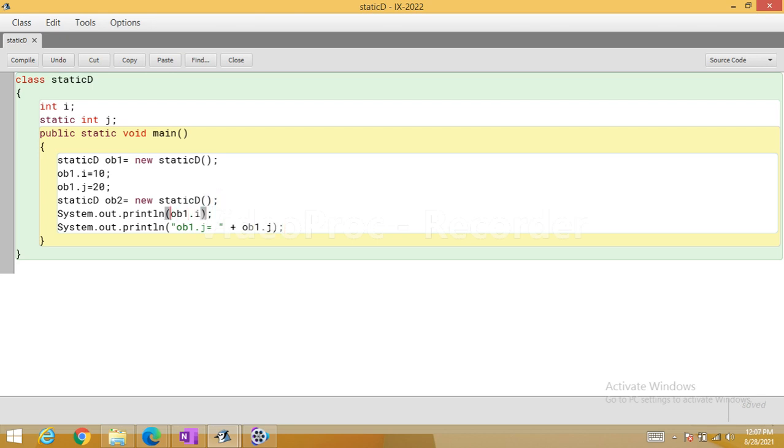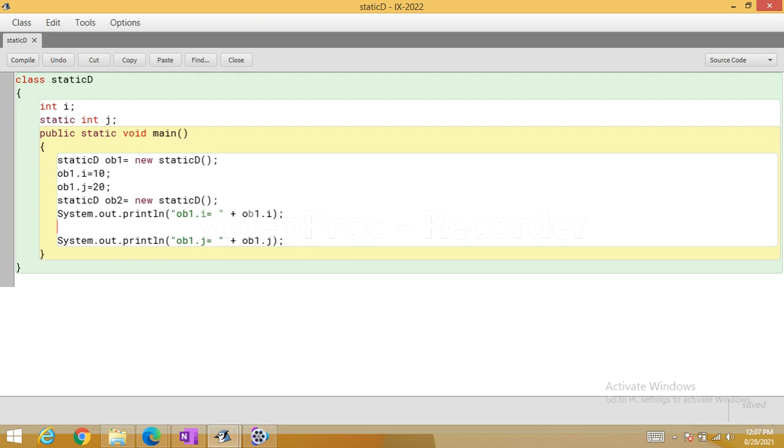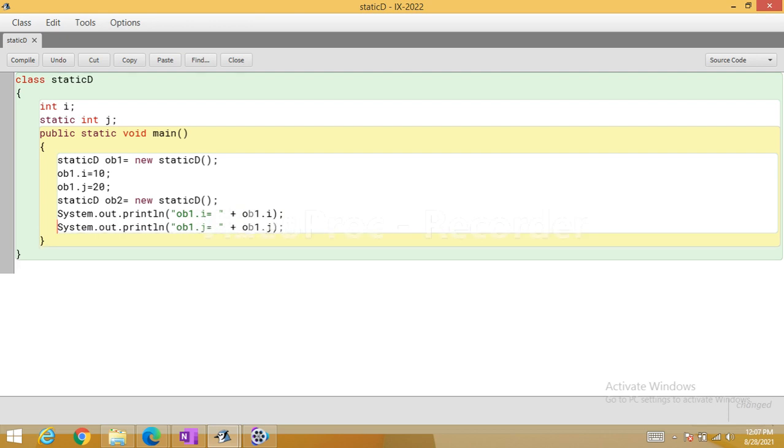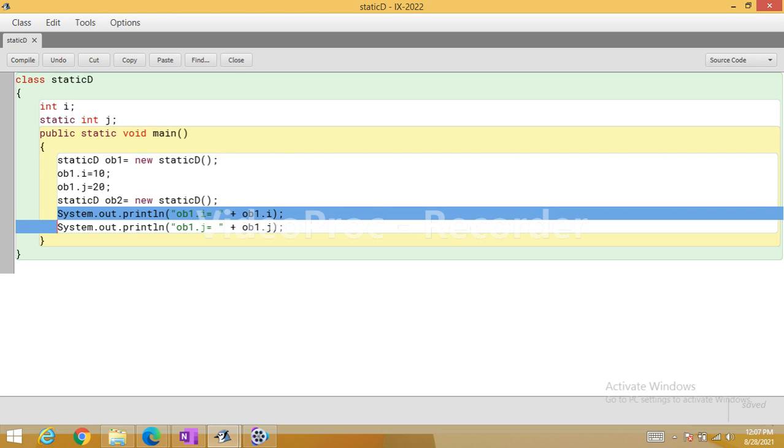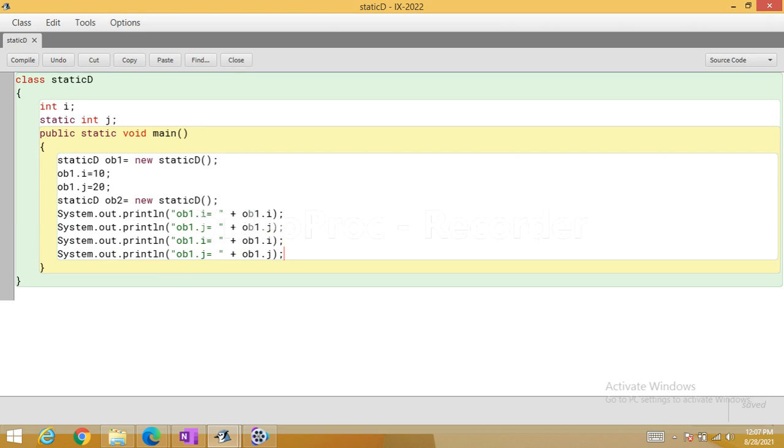In the above statement I printed the value of ob1.i, so I am writing the message as well. Then I will take two more printing statements and print ob2.i and ob2.j.